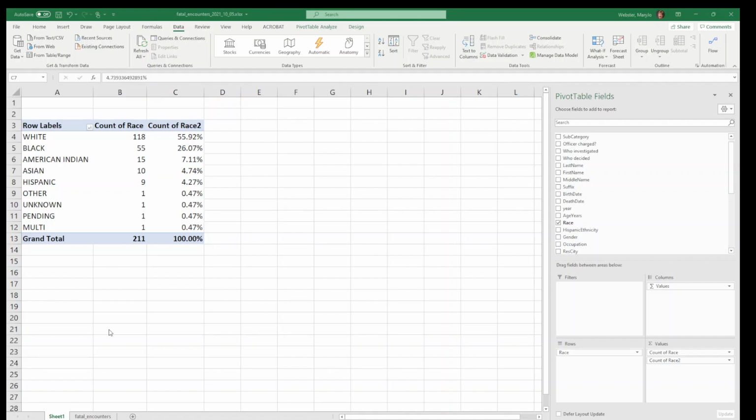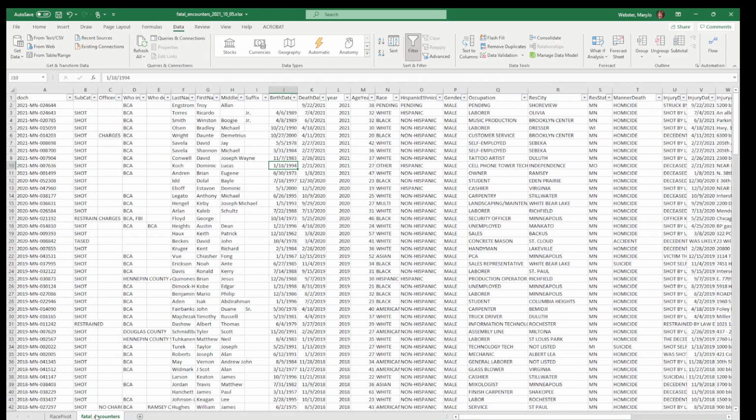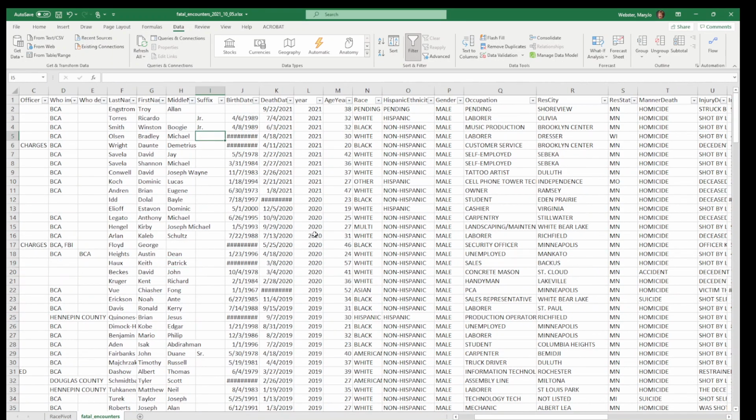So it's a good practice, if you want to save this, to name this sheet. So go down to the lower corner, double click on sheet 1, and it'll turn gray. So then you can rename it. So I'm going to name it Race Pivot, and we'll leave that. Now let's go back to the main tab, the Fatal Encounters tab, which has our data. And let's do another pivot table. So make sure your cursor is in your data somewhere, and we will,